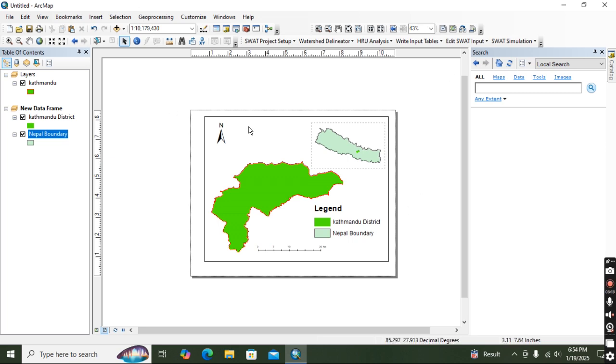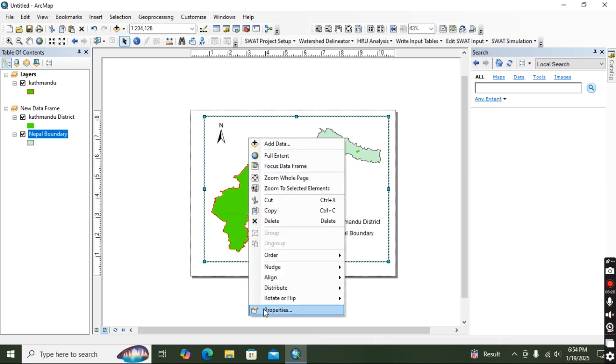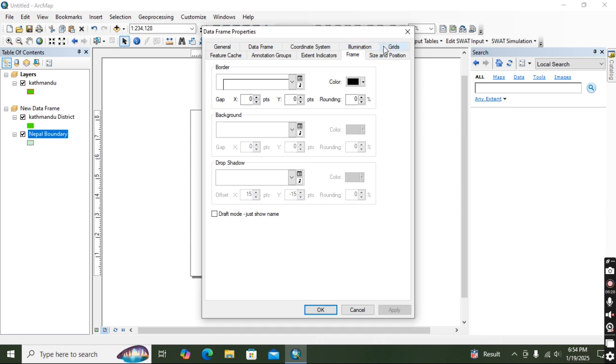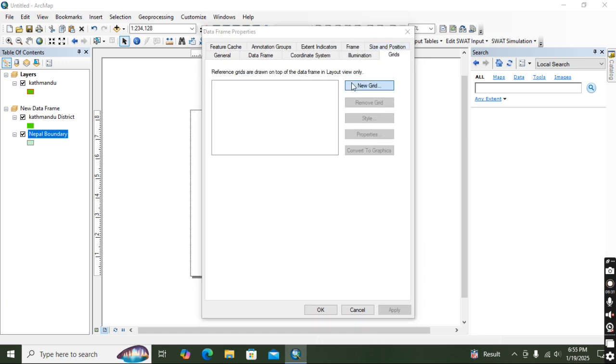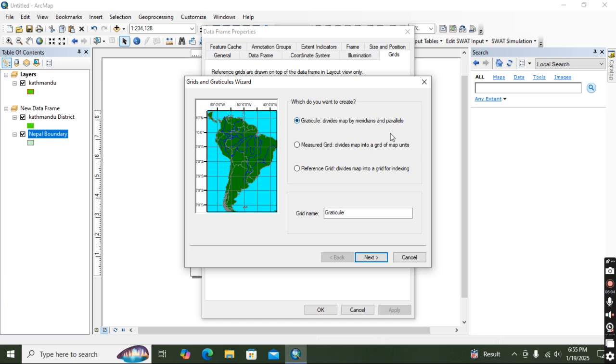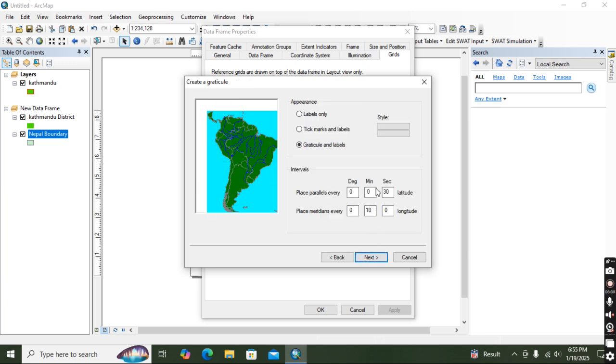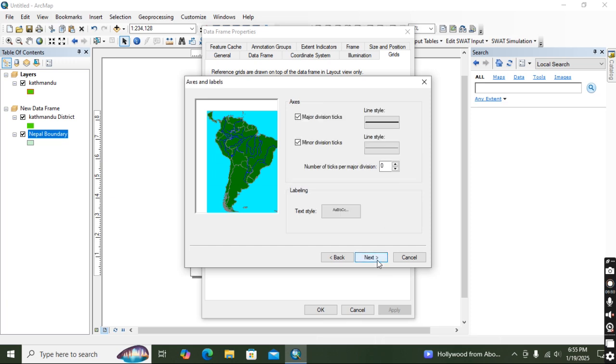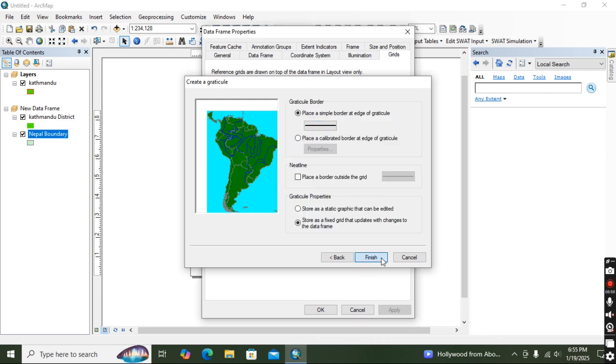Okay, this is fine. Then we need to assign the coordinates here in the axis. So select this frame and then right click, property. Then we have to go here to grid. Let's add a new grid. Okay, this is fine. Go to next. Assign the degree, minute and second. What kind of appearance we want, label, tick mark and label. Let's only do the label. We don't want minor division. Next, finish,